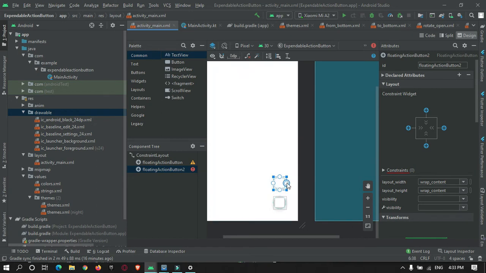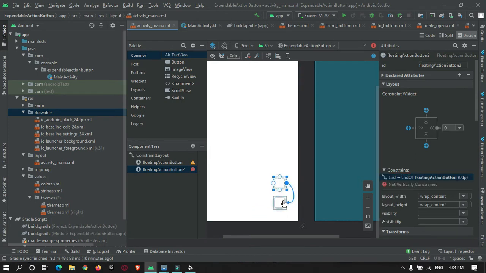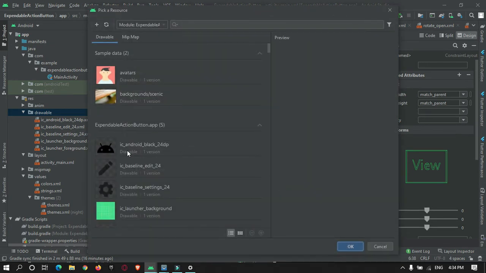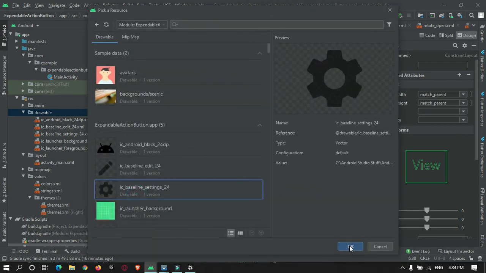just adjust it and add this constraint to this point and this to this, so that it can maintain the gap between them automatically. Okay, here again one more button we need, a floating action button, which will be on top of the edit button, that is settings.